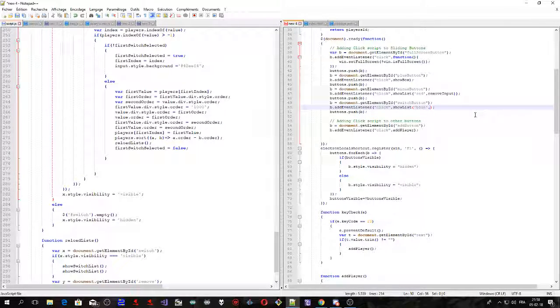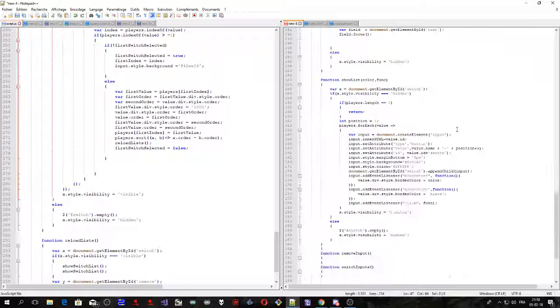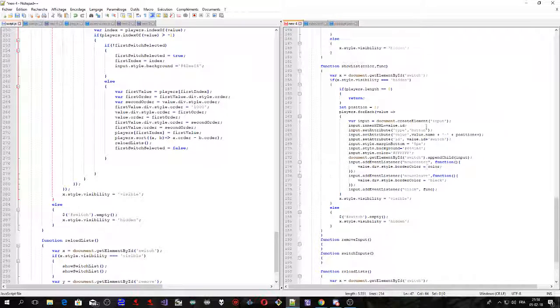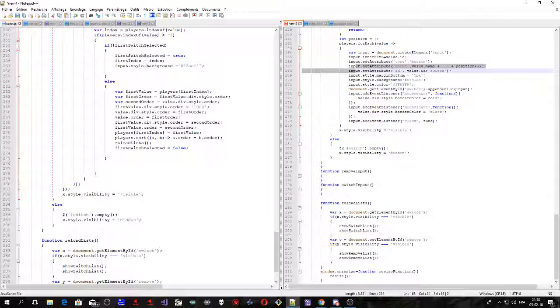And switch inputs. There you go. Here. And that way, all I have to do is that when I put something with a new list, is throw the color and just throw,